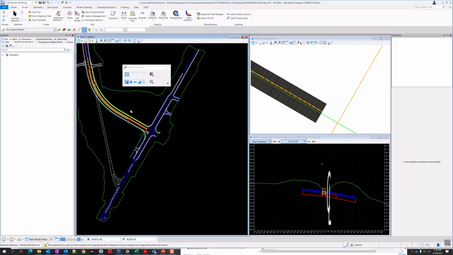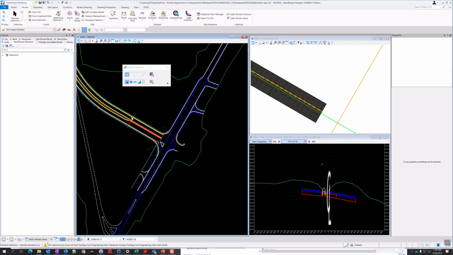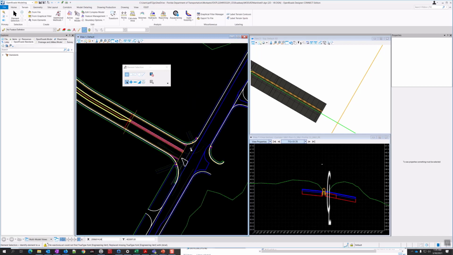And I'll actually take that back. It does matter. See, the problem is the detail 61, we have the US98 model referenced in. And the US98 model, if you so much as reference it in, and we have to have it referenced in because we're using it for building profiles and such, if you so much as reference it in, even if you turn the display off, it's still going to calculate it when you're doing cut and fill volumes.